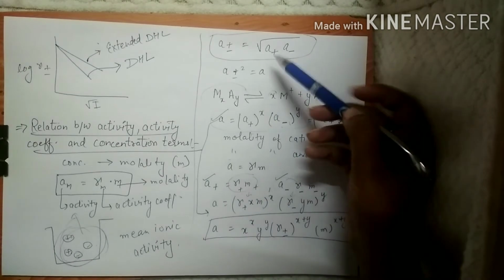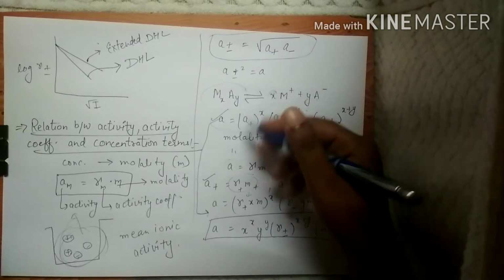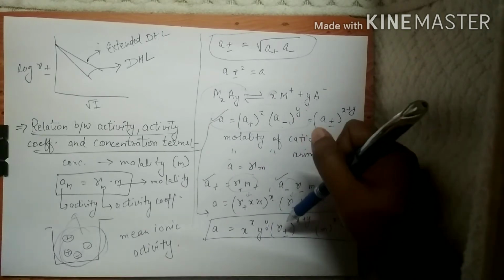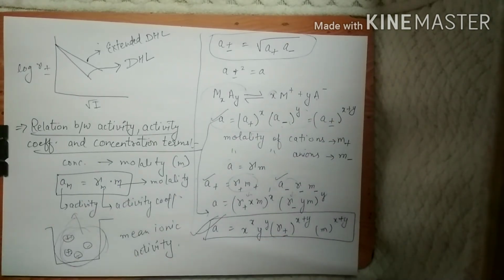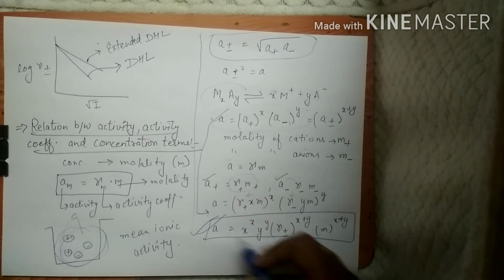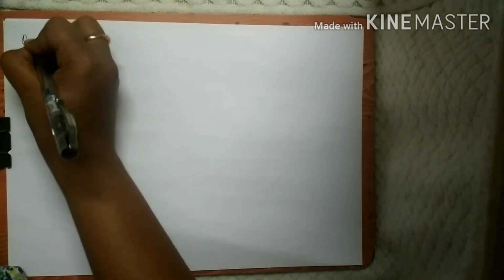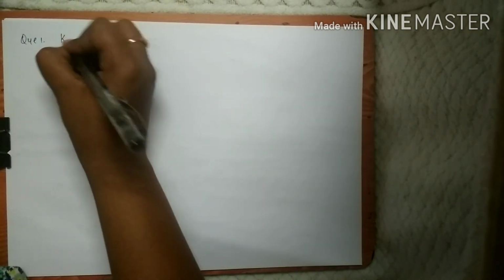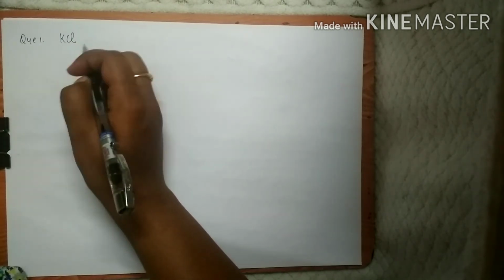All this which we have done is basically for us to understand how this formula comes out. But the main part is the application. Based on this application we get many questions, so we'll solve 2 or 3 questions based on this formula now. So question number 1 is, we have to calculate the activity of an electrolytic solution of KCl.